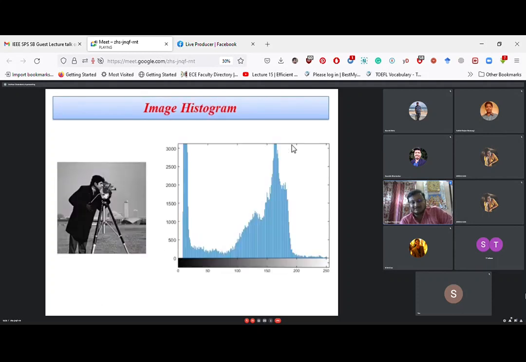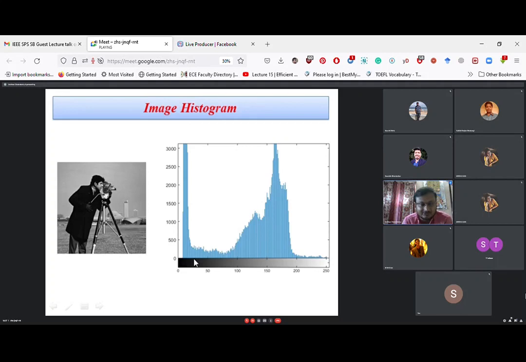Now, another basic image processing task is histogram. So we have discussed image conversion. Next is histogram analysis. Histogram analysis means, suppose this is an image. This image is called cameraman, and in the right-hand side graph you can find certain values 0, 50, 100, 150, 200, 250. Means these are the intensity levels, and on the y coordinate there are the number of pixels. So from 0 to, suppose here you can tell it is 30, the image pixel intensity,